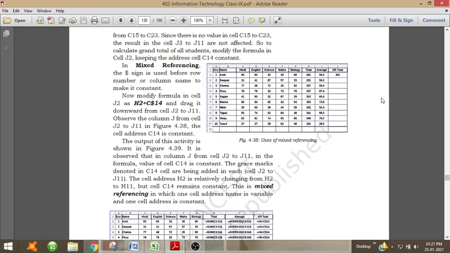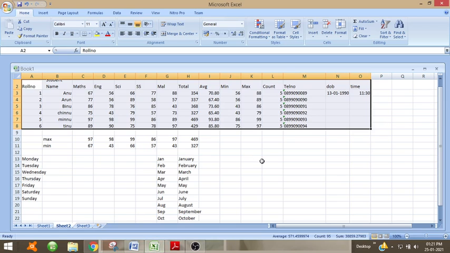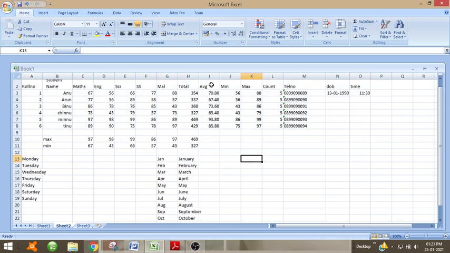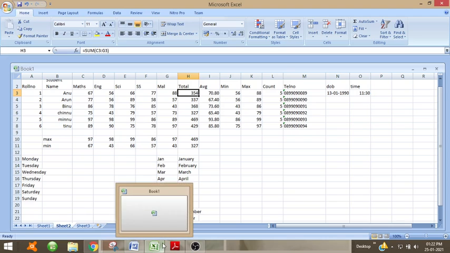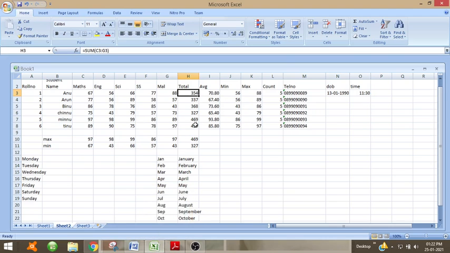We wrote the formula only for C3 and G3, but copied it by dragging and applied it to all the other cells. So it is called relative referencing.